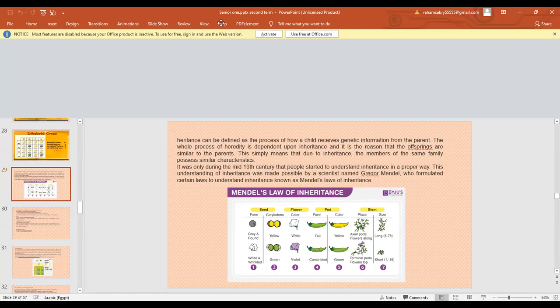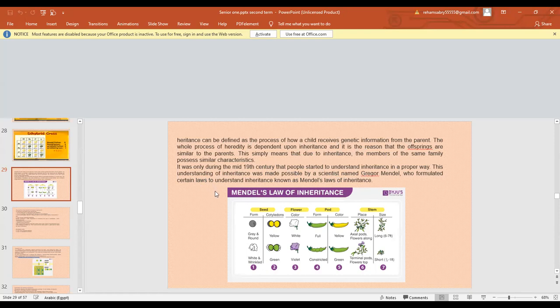Today we are going to talk about the inheritance of genes. The last time we talked about the Mendelian characters. Let's revise and recap what we took before. We took that Mendel's law of inheritance